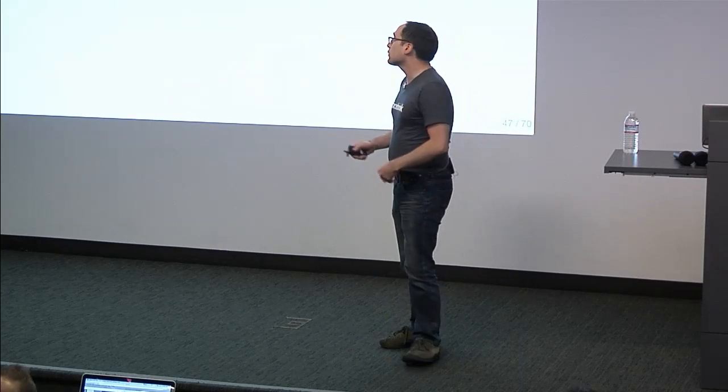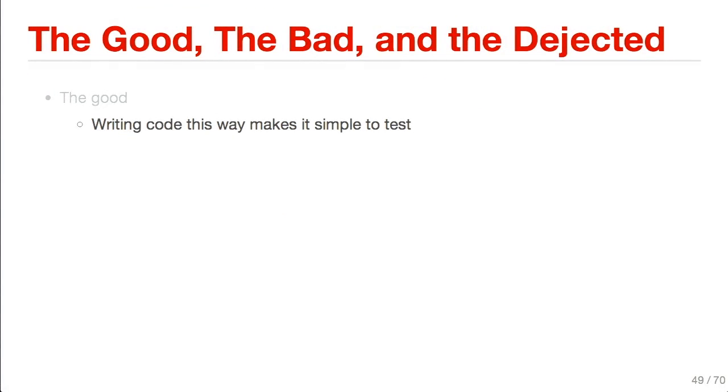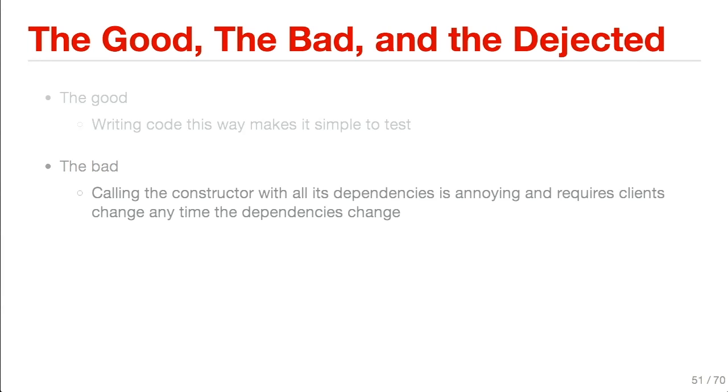So I want to go over the good side of this technique, the bad side of this technique, and the awful side of this technique. So the good part is, when you write code this way and separate out the dependencies, the tests become trivial. Like, it's super easy to model. As long as you can create the models of the objects that interact with your code, it's really easy to test. The bad part is, this is an ugly, ugly constructor, and you might see this constructor in the field,